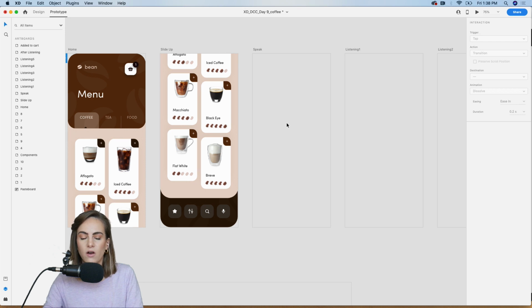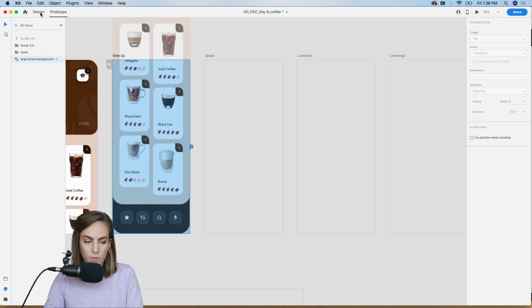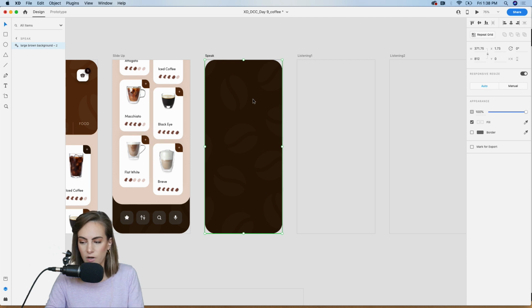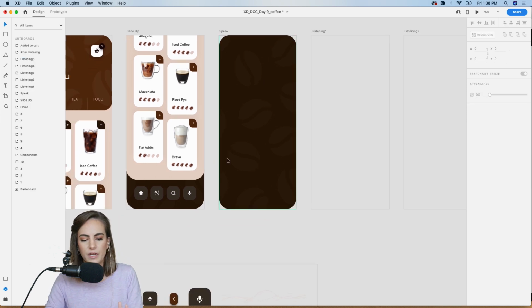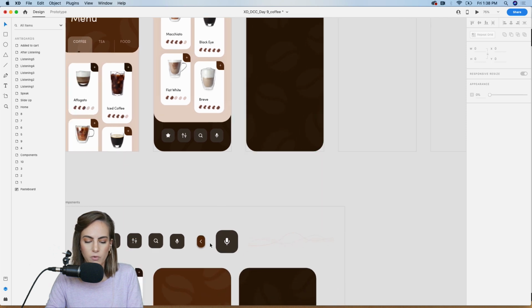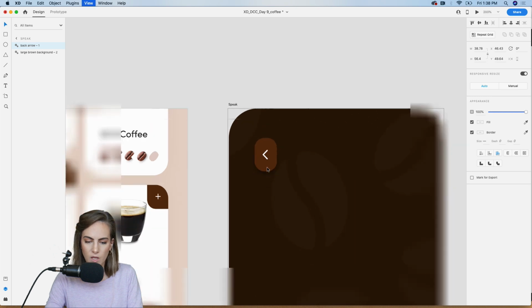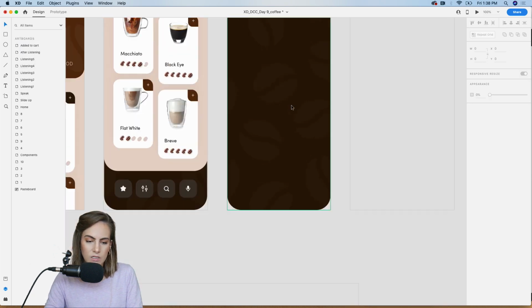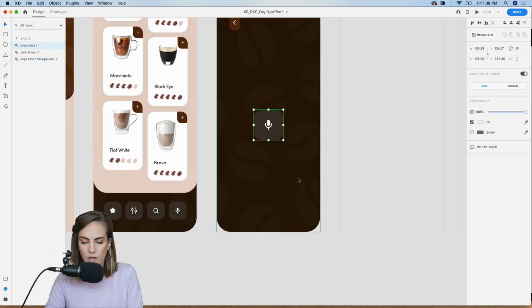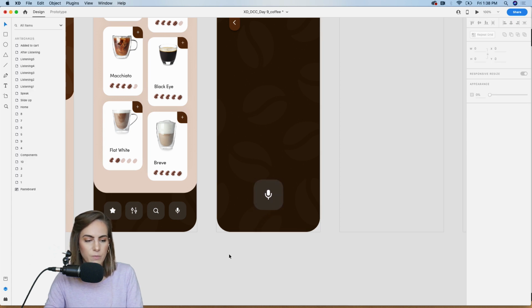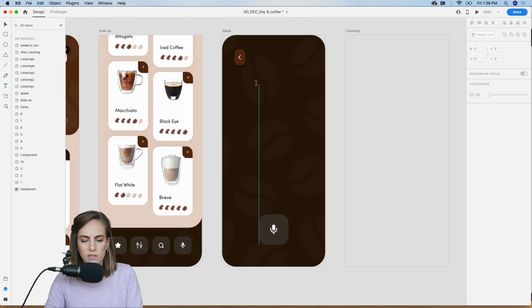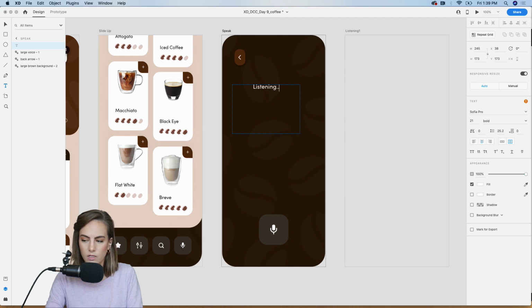Now we want to focus on the whole speaking voice prototyping. So I want this whole page to go away. The only thing I want to copy over is the background. And then we want this to be pretty minimal, not a lot of buttons on here. So all I really need is a back arrow up in the top left and some kind of indication that, hey, we clicked on the speaking and we're searching by voice. And then I'm going to add some text as well. So we'll say listening,